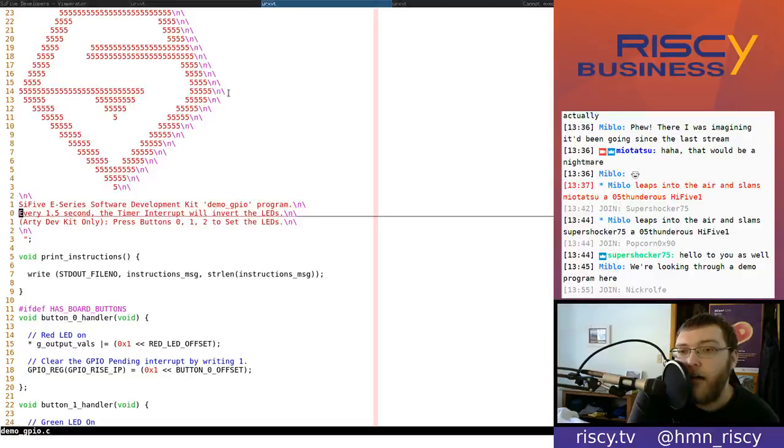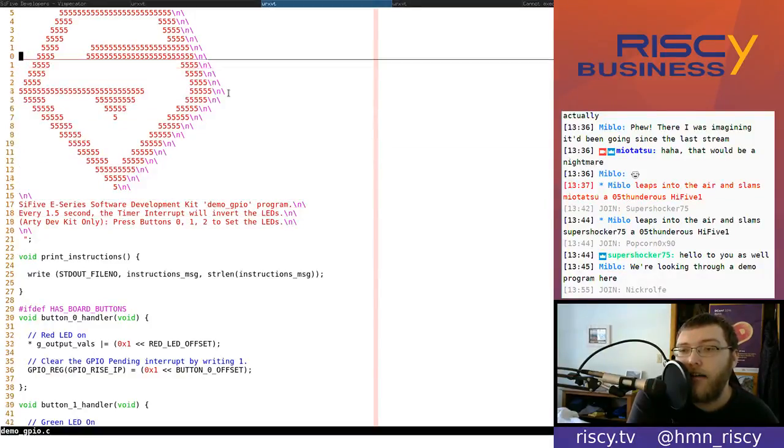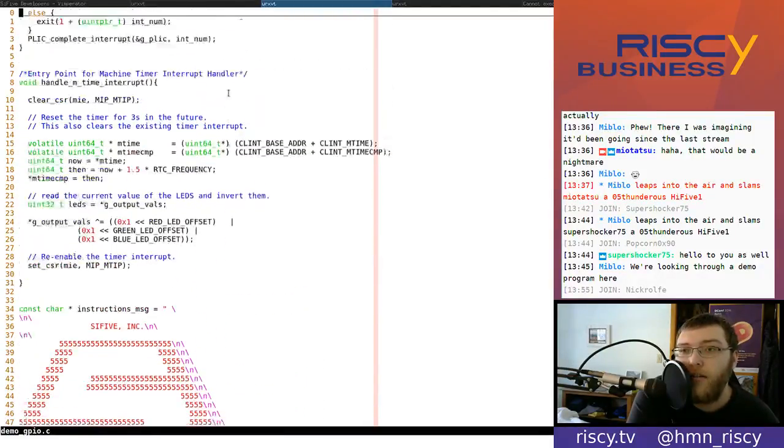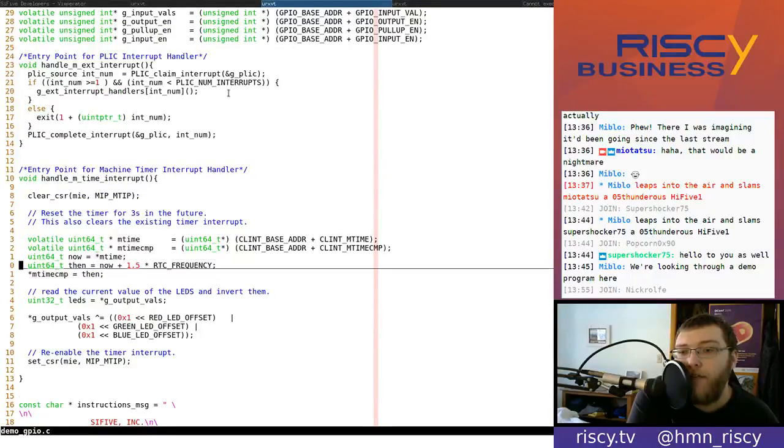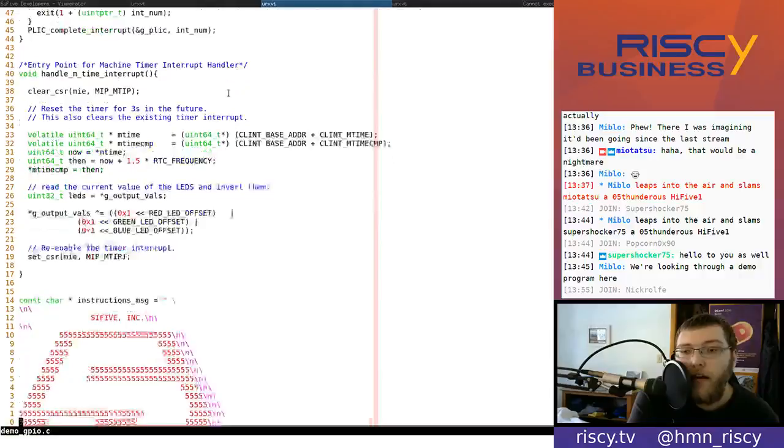demo GPIO program. Every 1.5 second, the timer interrupt will invert. Let's, okay, so it is every 1.5 seconds. I don't know why that comment said 3 seconds in the future, because the 1.5 times the RTC frequency, that's giving us however many cycles or whatever per second, right? So that's why it's every 1.5 seconds that it does this. So this interrupt gets called in that frequency. And then